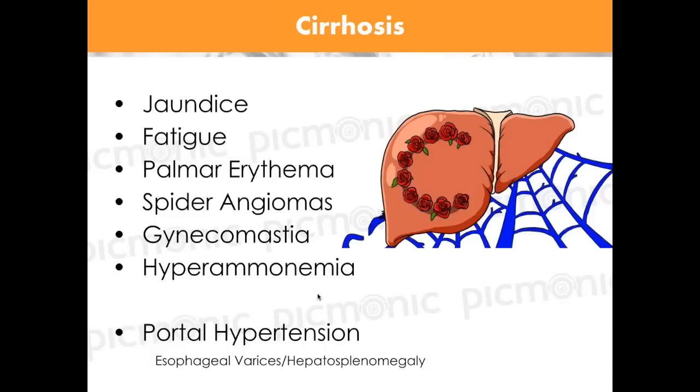Telangiectasias. It's not a word I've ever been able to pronounce, and anytime we have a Picmonic with it, I just ask somebody else to do it. But spider angiomas is basically another good word for it. It's these little tiny blood vessels. Because of increased pressure, we also see the caput medusae on the abdomen, because the pressure can't go through the liver,